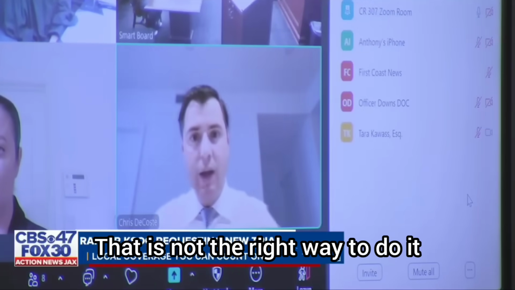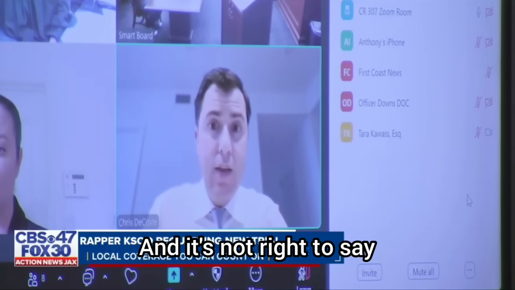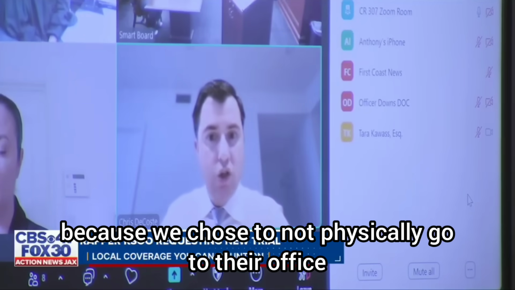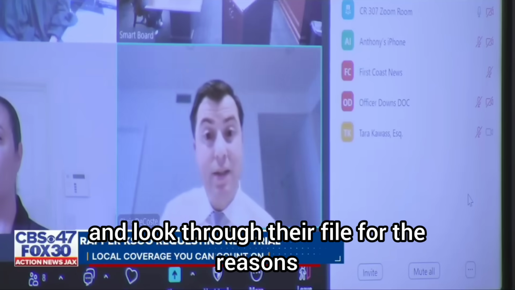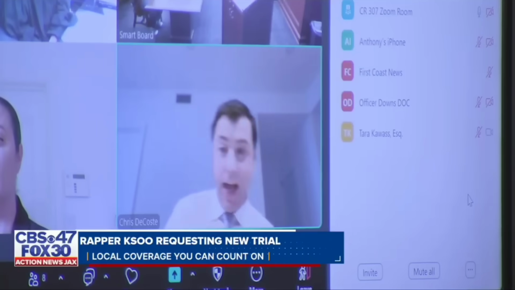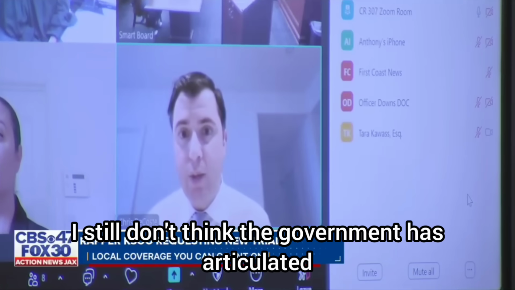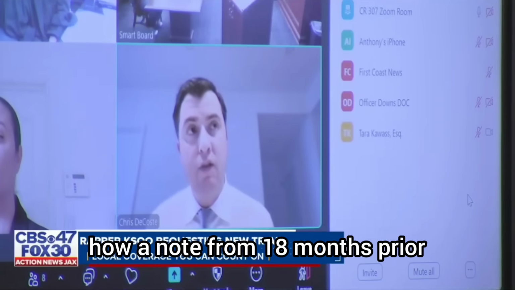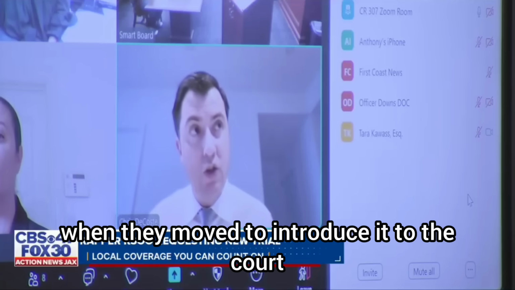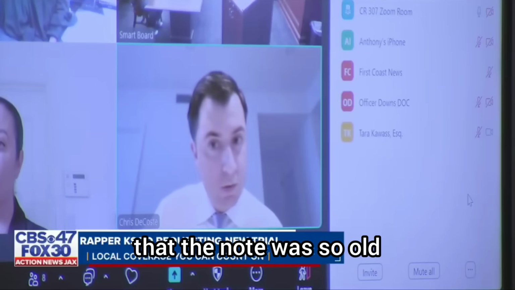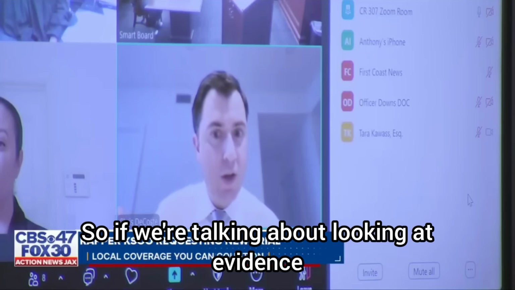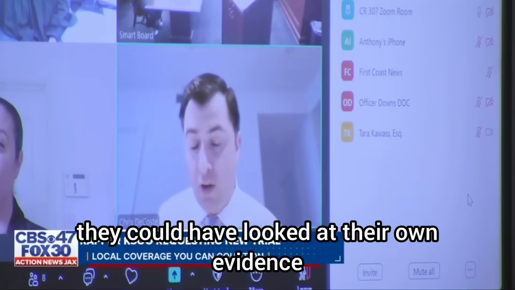That is not the right way to do it, and it's not right to say that somehow we didn't because we chose to not physically go to their office and look through their file, for the reasons that I had explained. As for the notes, I still don't think the government has articulated how a note from 18 months prior, when they moved to introduce it to the court without telling the court that the note was so old. Remember, they had the phone,